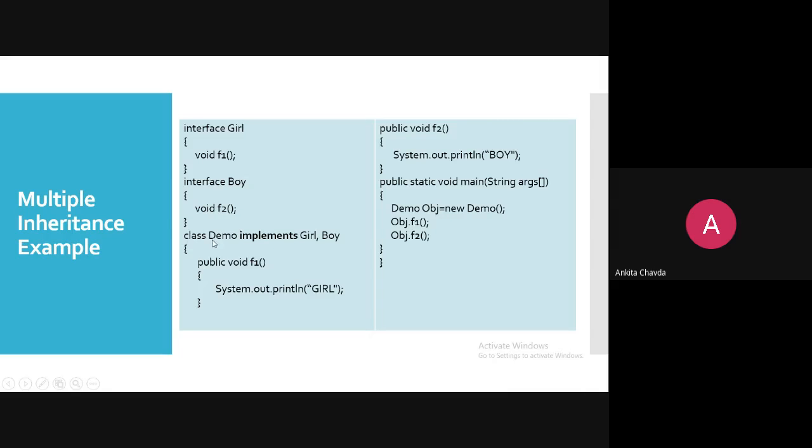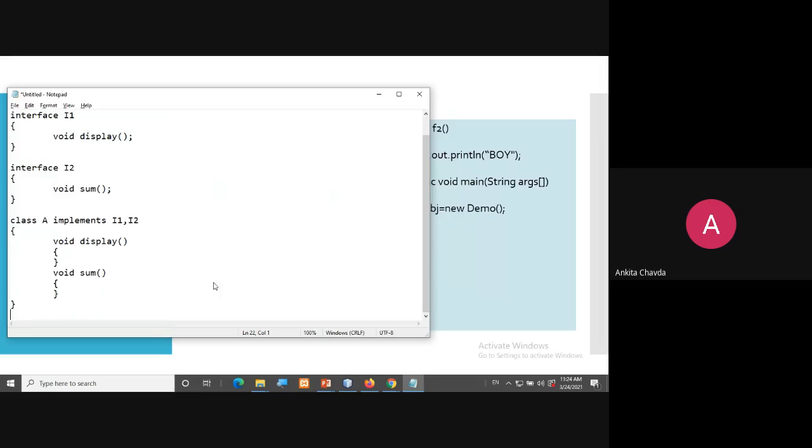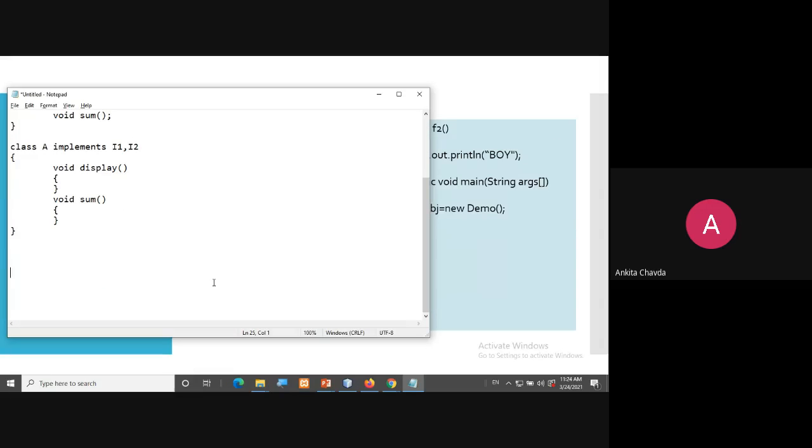Now I have one class demo which implements both interfaces, girl and then comma, boy. So the hierarchy is something like this: your parents are girl and boy, and you have demo.